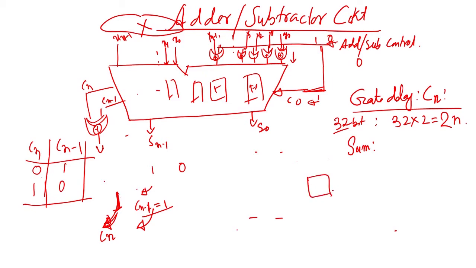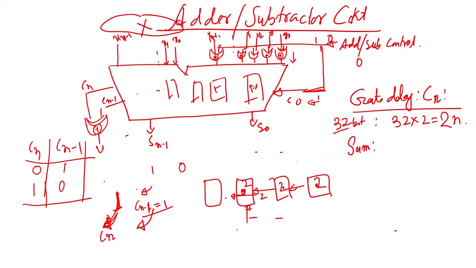Suppose this is a full adder, this is a full adder, this is a full adder, this is a full adder. We will compute up to the one before the last one. Say this is 1, this is 2, this is 3, up to the third gate delay. We won't compute till the last, we will finish before the last one. So this is the case. Then how many gate delays for this? This will be 2, this will be 2, this will be 2. The carry out will also be 2.